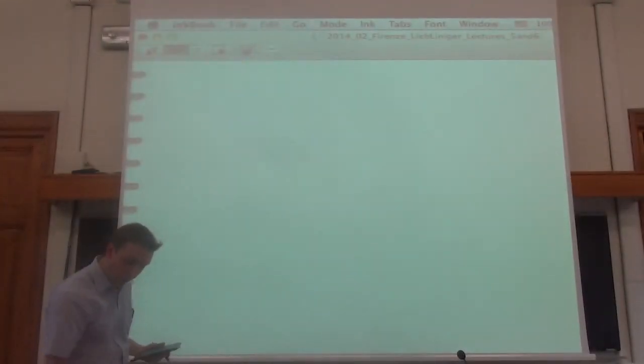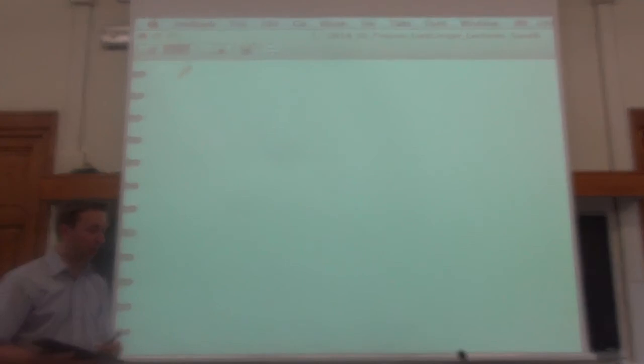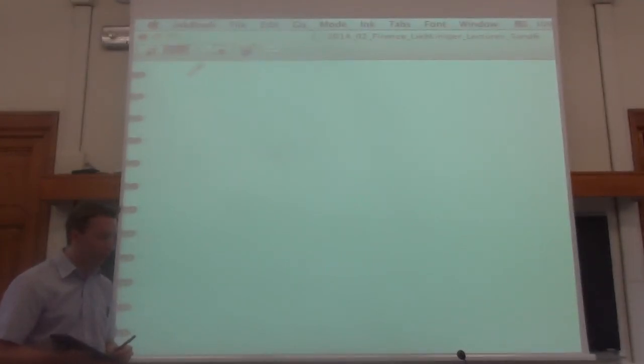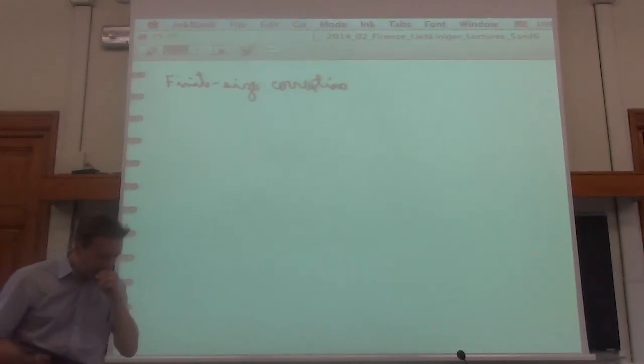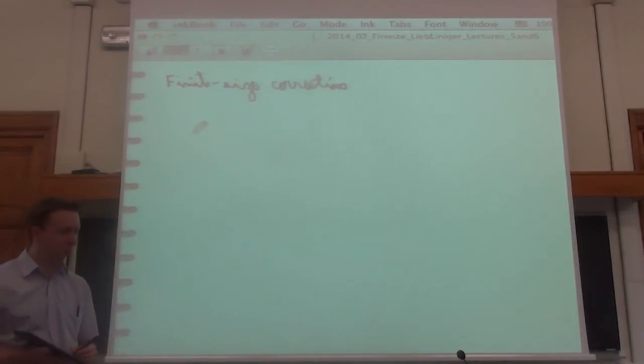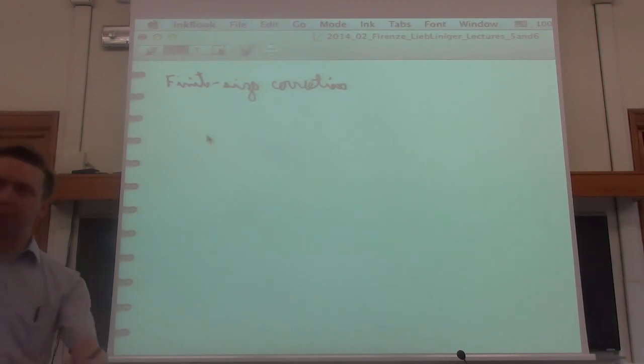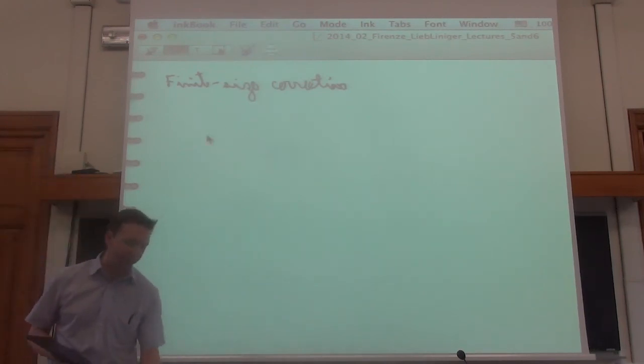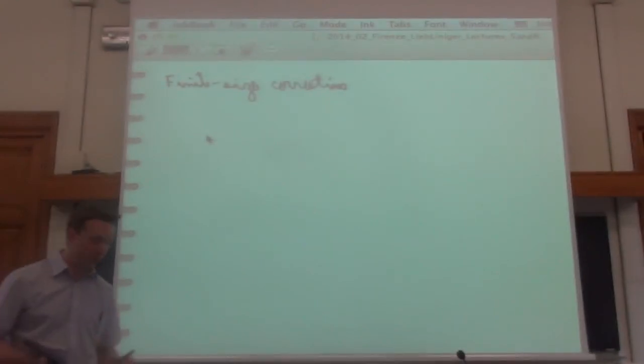Now, there's one thing which I want to talk to you a little bit about because it's related to essentially CFT and things like that. So another supplement here concerns finite size corrections. Essentially what we will consider is just a slight modification or tuning away from the thermodynamic limit, and see what effect that has on the theory.